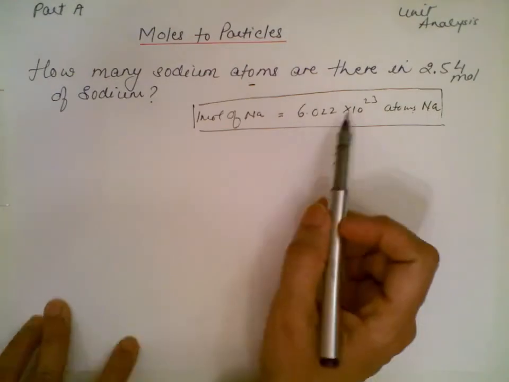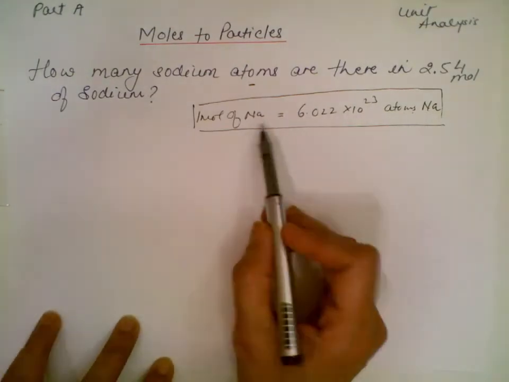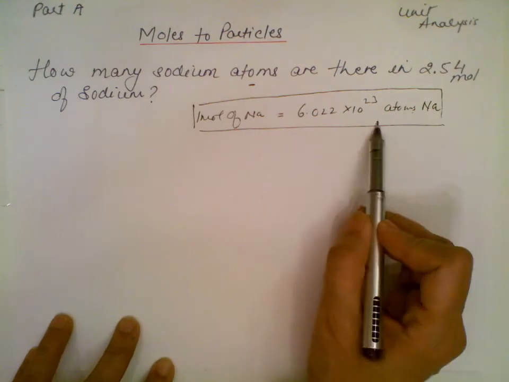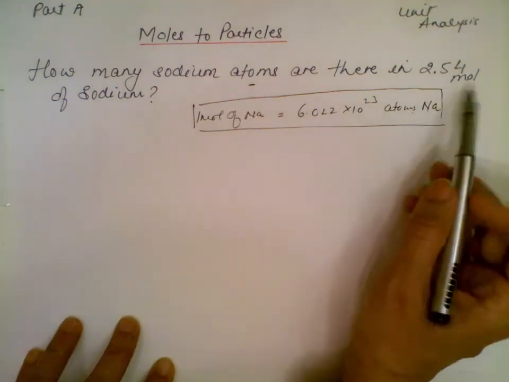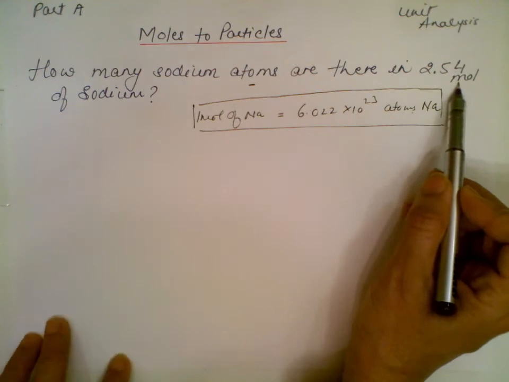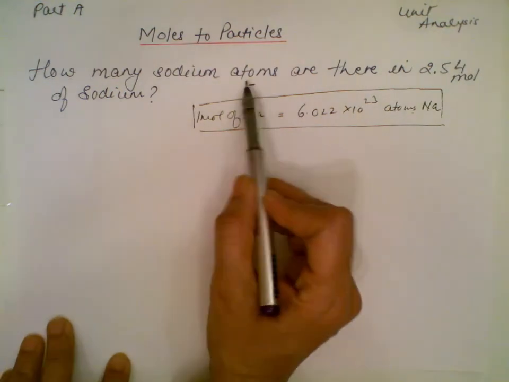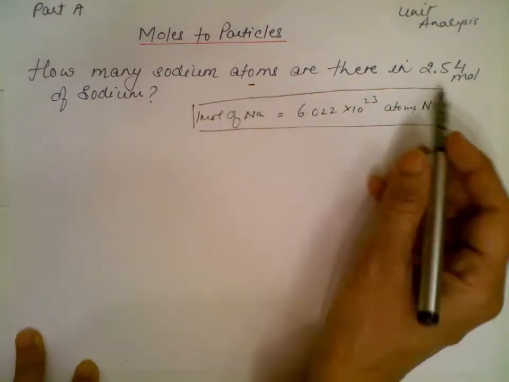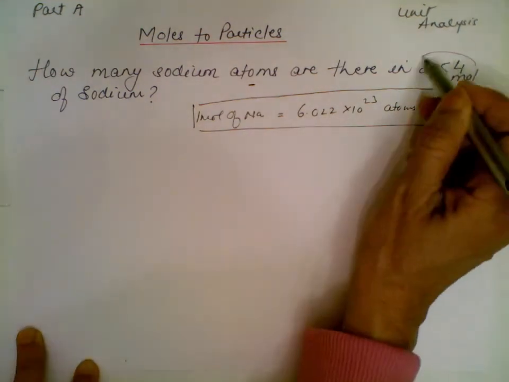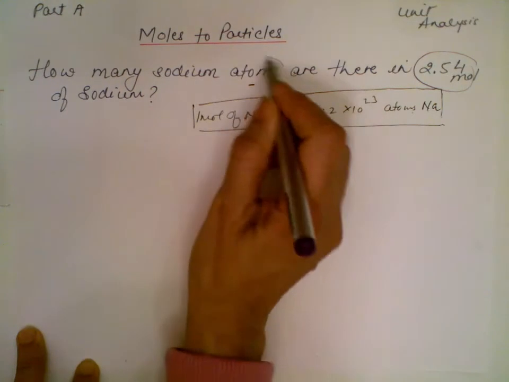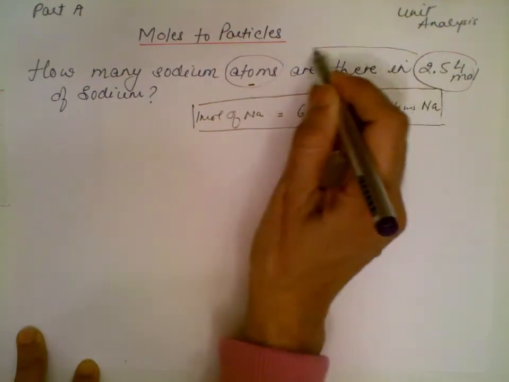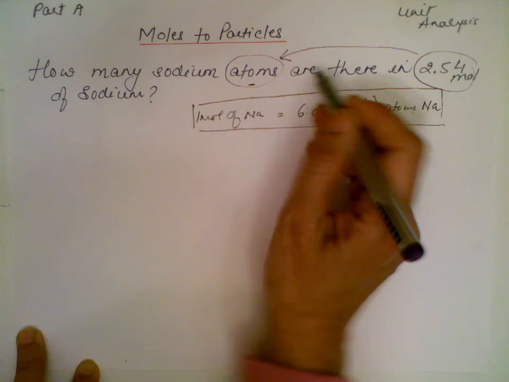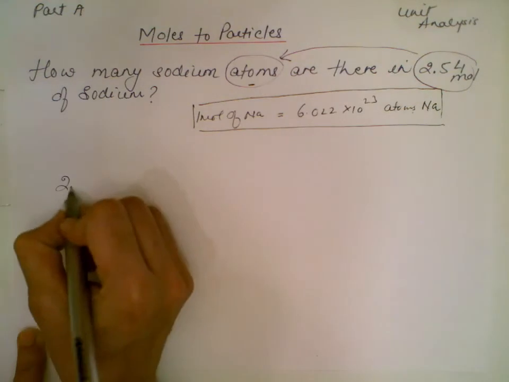So they're asking you, if this many moles is equal to this many particles, then in 2.54 moles, how many particles, how many sodium atoms will be there? So you start out with the given, always go from known to unknown. This is my known and this is my unknown. This is the direction, known to unknown. Okay, so 2.54